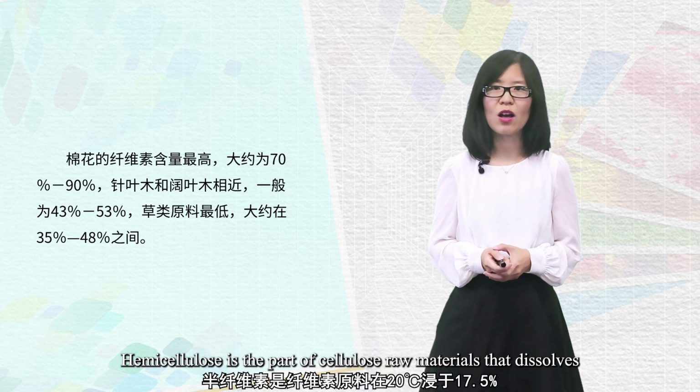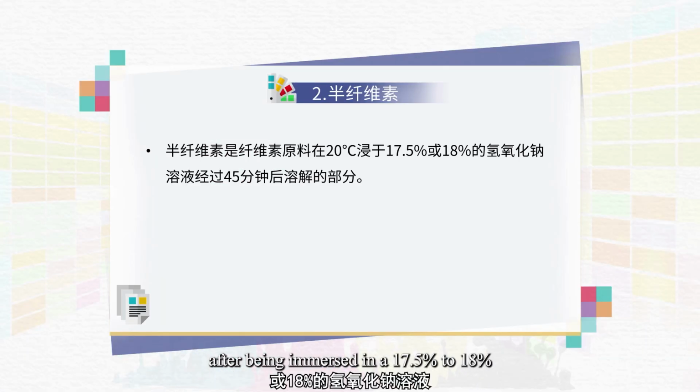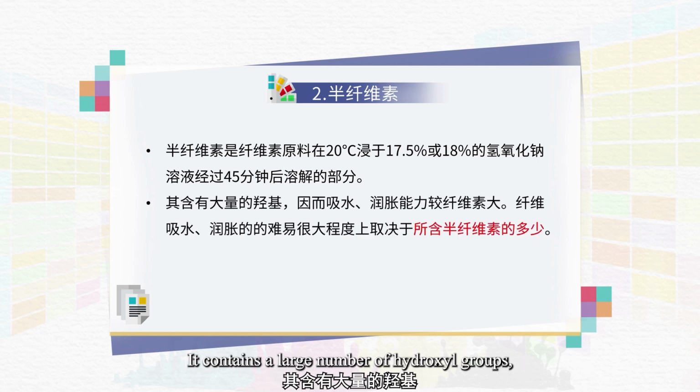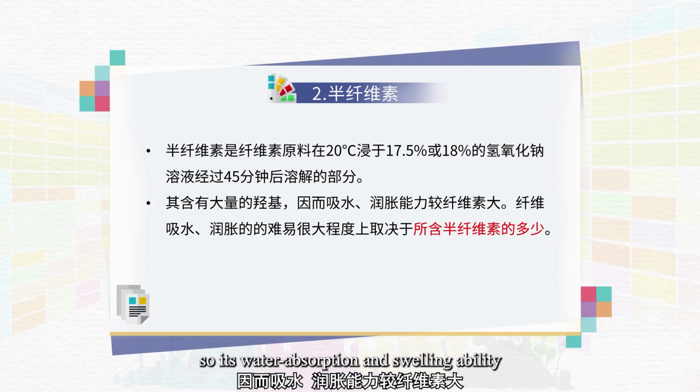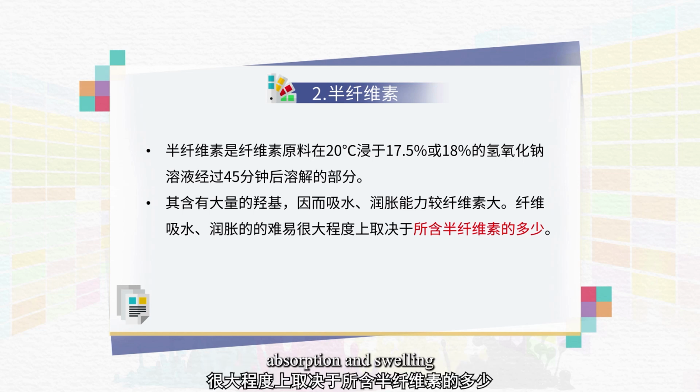Hemicellulose is the part of cellulose raw materials that dissolves after being immersed in a 17.5% to 18% sodium hydroxide solution at 20 degrees Celsius for 45 minutes. It contains a large number of hydroxyl groups, so its water absorption and swelling ability is greater than that of cellulose. To a large extent, the ease of fiber water absorption and swelling depends on the amount of hemicellulose it